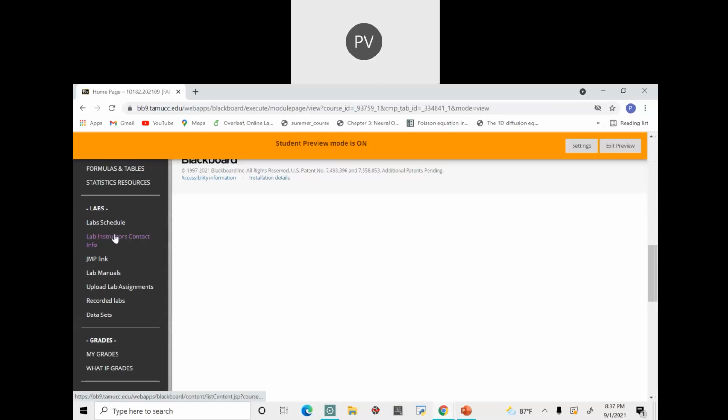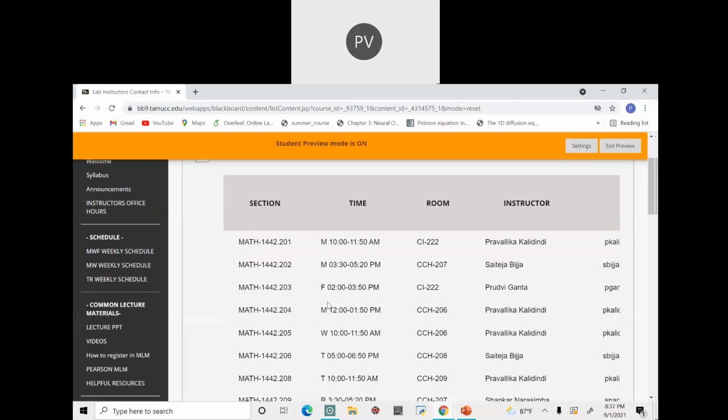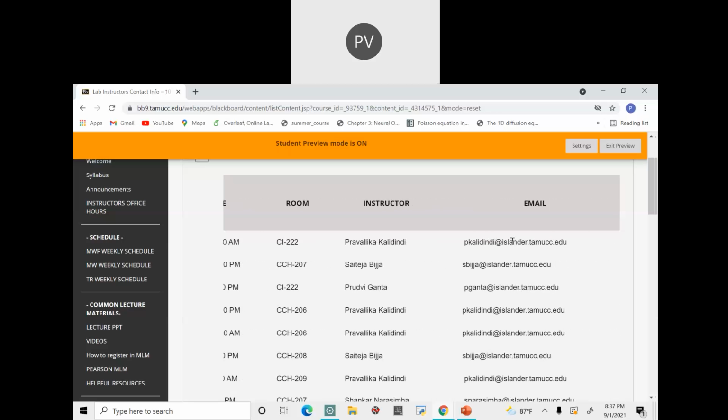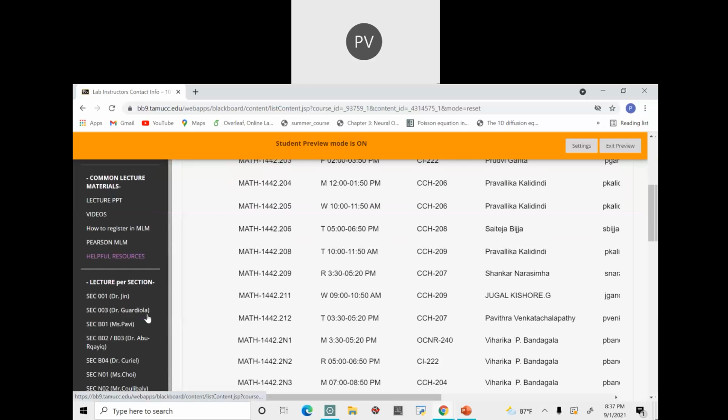Here you will find the lab instructor's contact information. According to your lab section, you will have your instructor's name. You can also find the instructor's email ID here. If you have any questions regarding your labs, you have to email your respective lab instructors. So this is where you will find their email ID. Okay, and next is